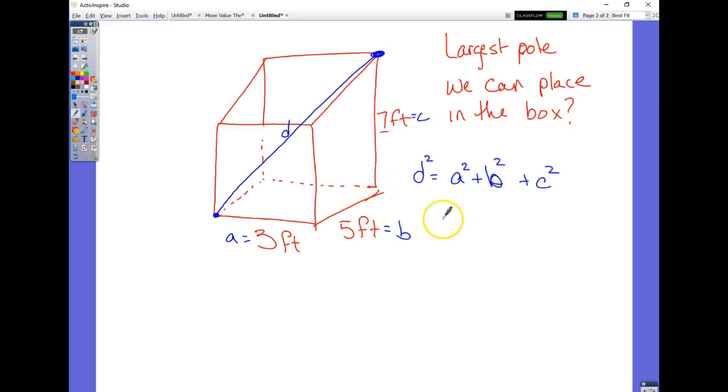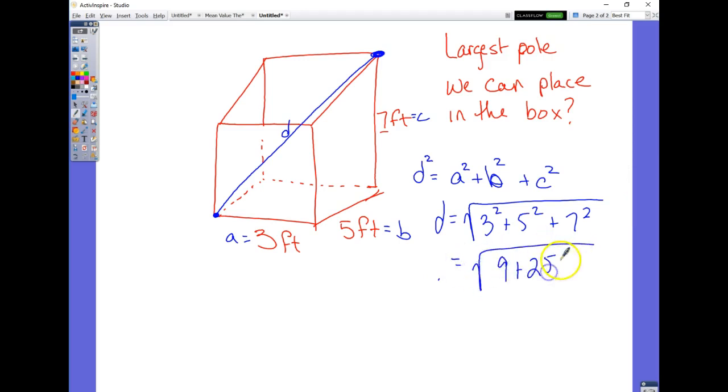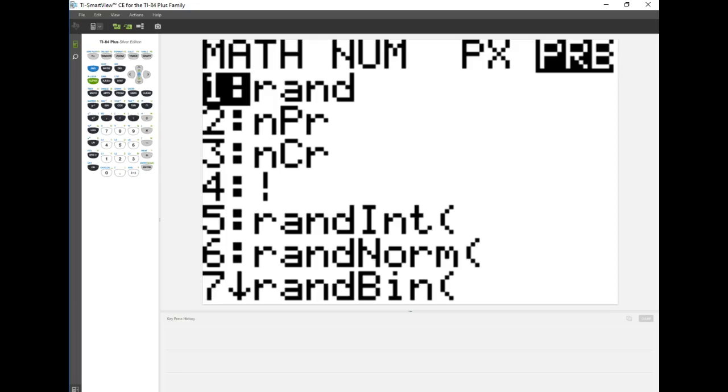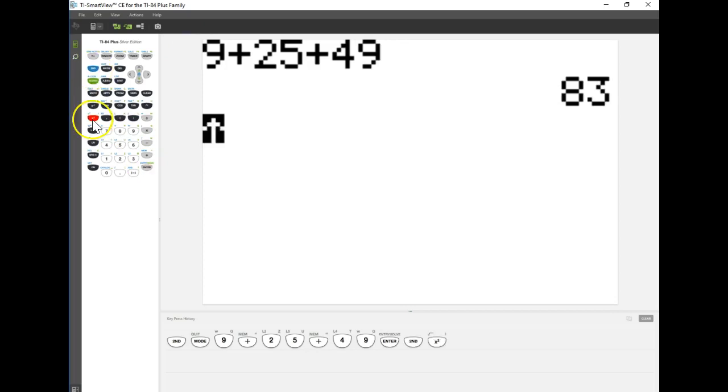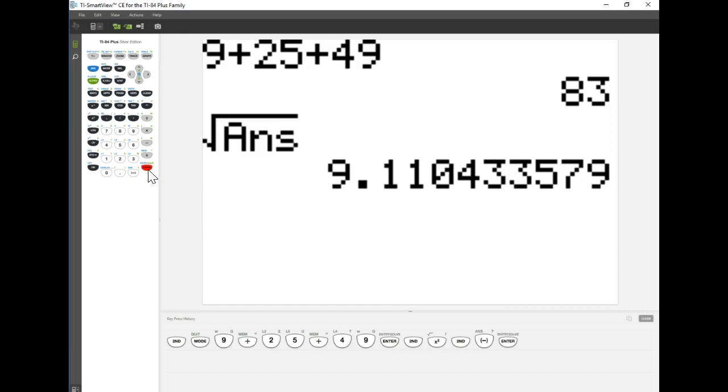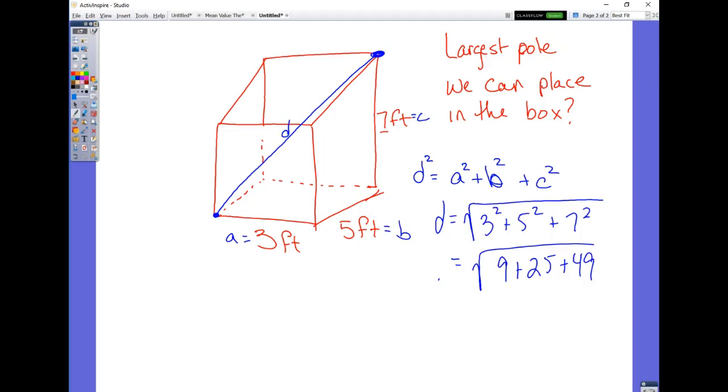So in this particular question, the largest pole we could fit, D, is going to equal the square root of 3 squared plus 5 squared plus 7 squared, which is going to equal the square root of 9 plus 25 plus 49. And we go through and figure out what that is. I don't really want to figure out what that is by hand, so let me go ahead and do it this way. If I do 9 plus 25 plus 49, I take the square root of 83, we find out we can fit a 9.11 foot pole